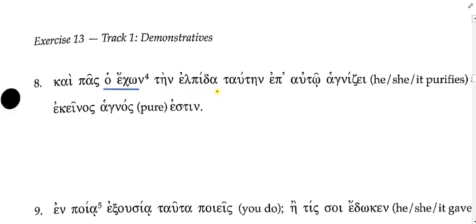Tain elpida. Okay, so just looking at that, it's the hope. Tautain. That's this, isn't it? That's the near demonstrative. Does it agree with tain elpida in case, gender, number? It does. Is it in the predicate position too? Yes, this is what I expect for a demonstrative adjective, right? And it's near or far? Near. So everyone who has this hope,